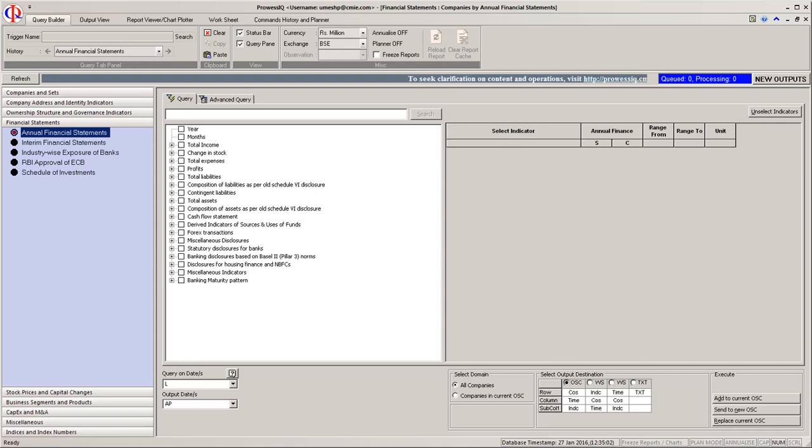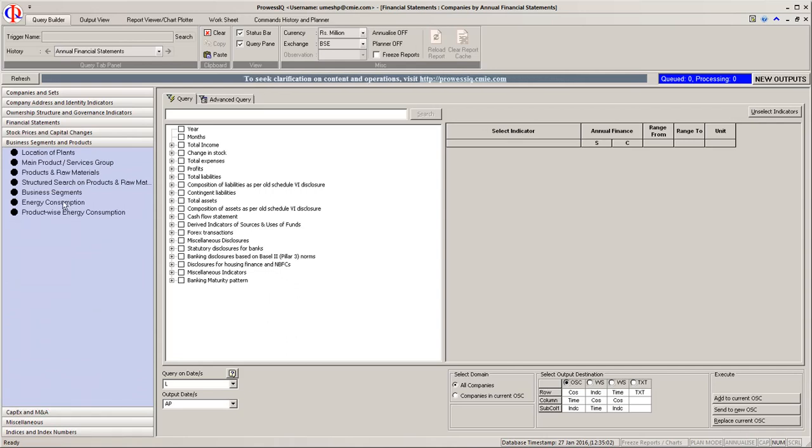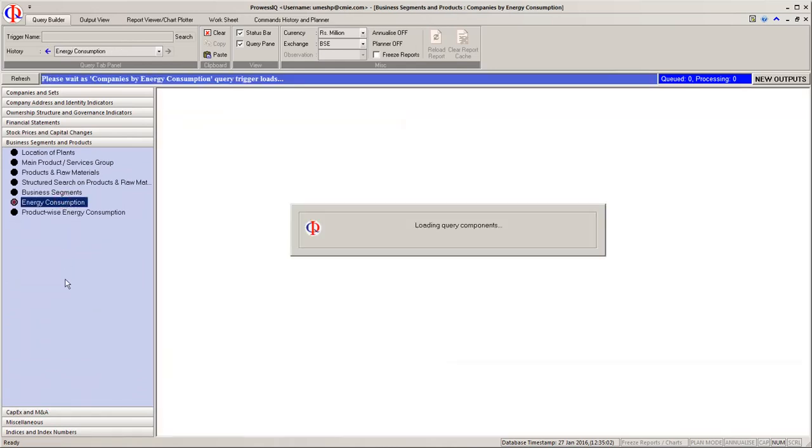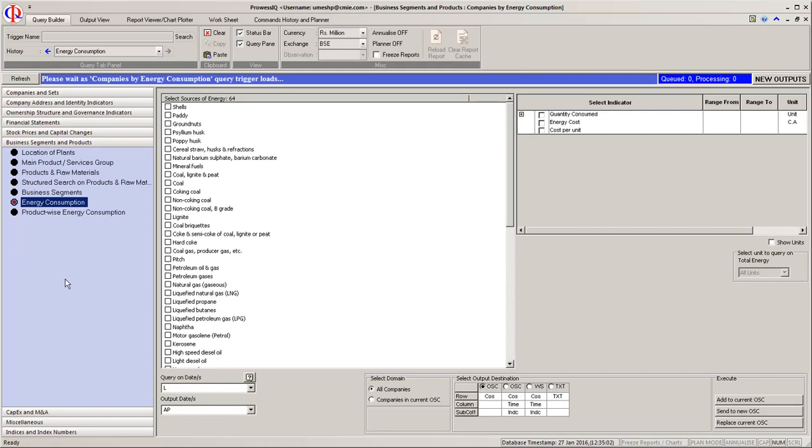Energy consumption. This query trigger is available under Business Segments and Product section. This query trigger enables you to find companies based on the consumption of energy sources by the companies. As per the section